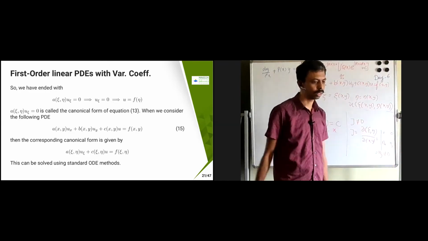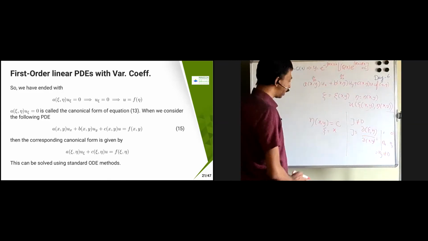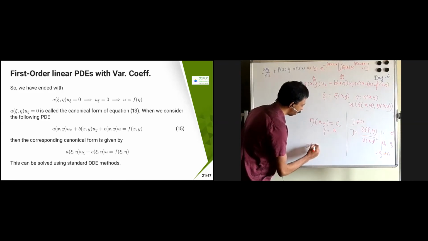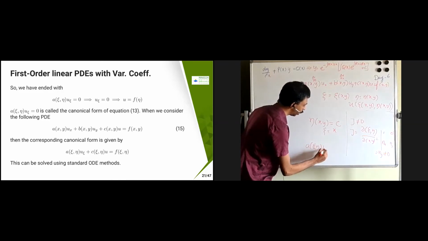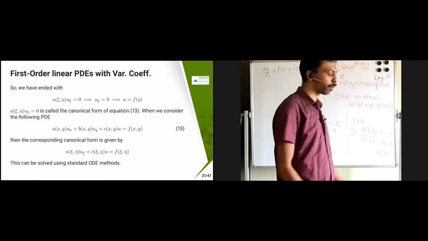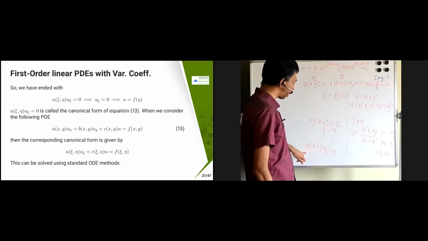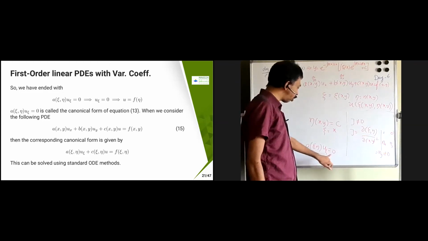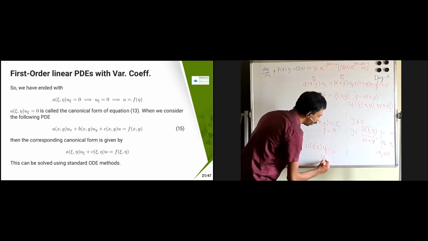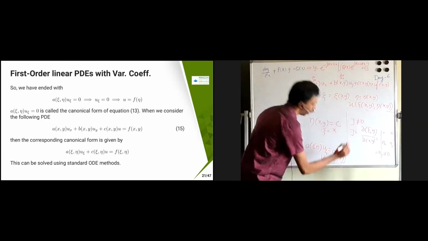Okay, fine. So whatever we have given here, the second term over here became 0. So what we got is A of chi comma eta into U chi equal to 0. Now the problem is very simple. If I have already chosen that A is not equal to 0, then this is also not 0. Then what is U chi equal to 0? I can just find that this is a simple ODE. Then U is going to become f of eta.